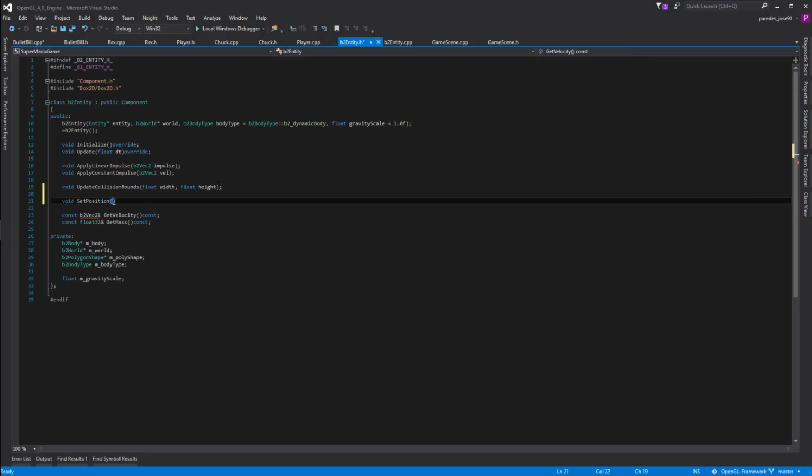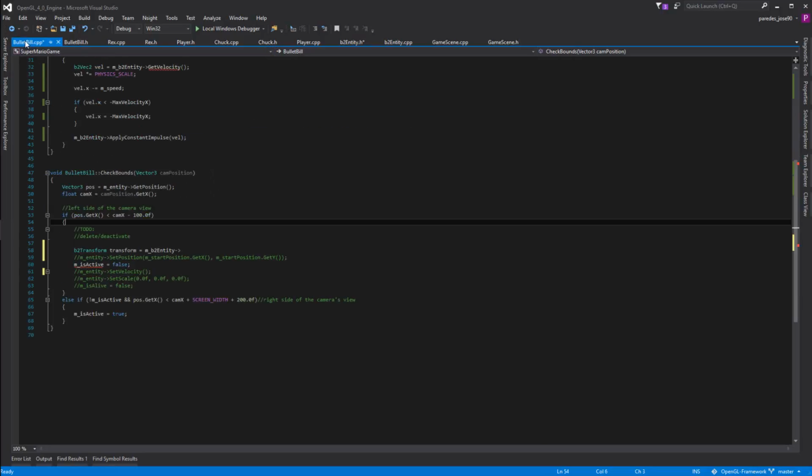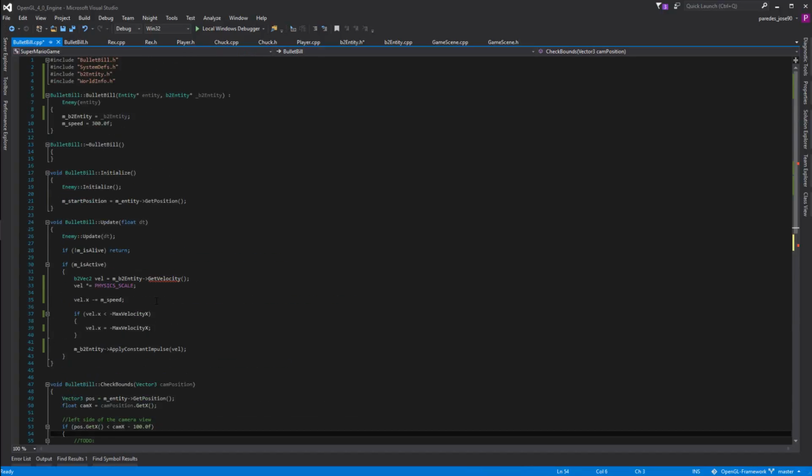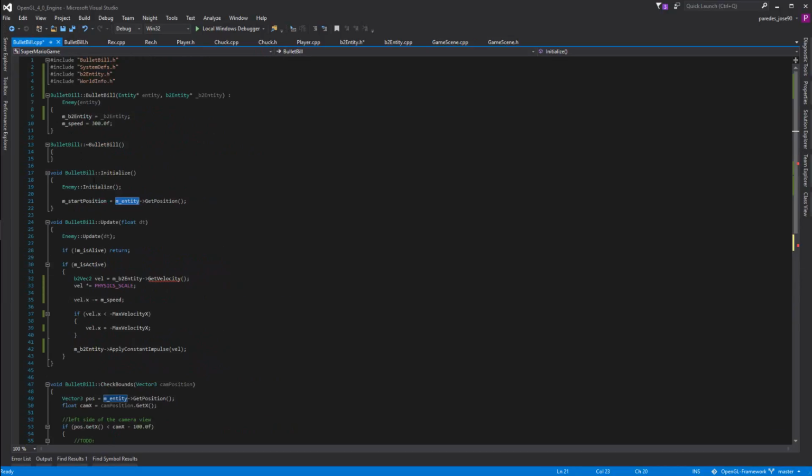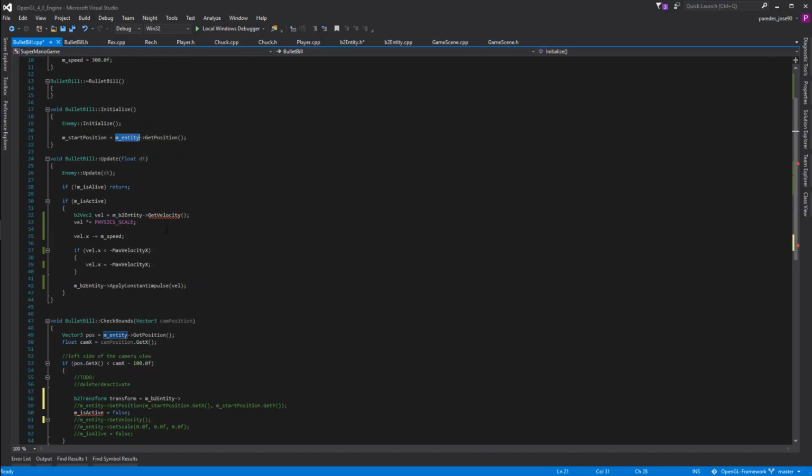Do we want to pass in a float x? Start position. Because we set the position here, and probably, hopefully, before updating it, we'll get it correctly, but probably